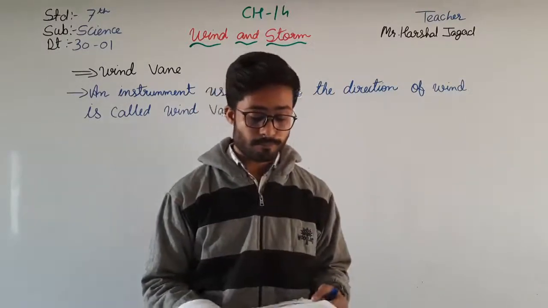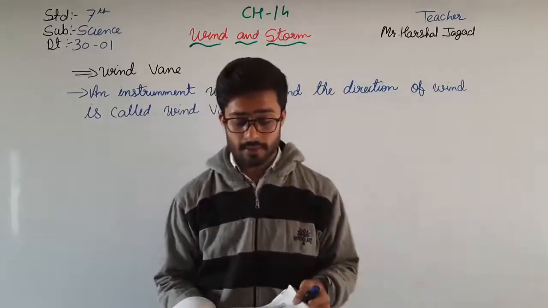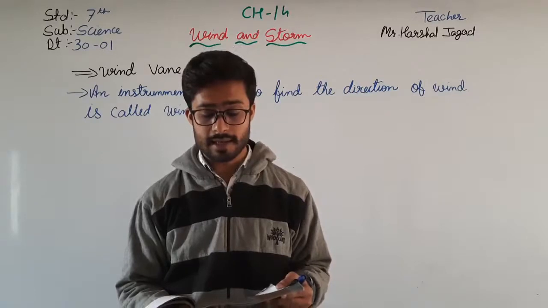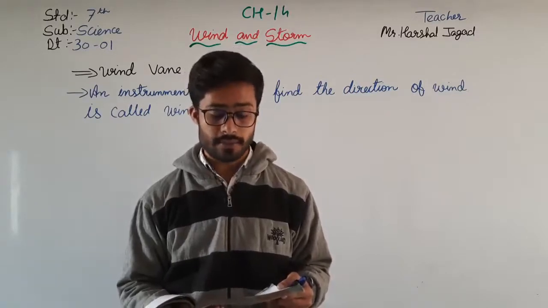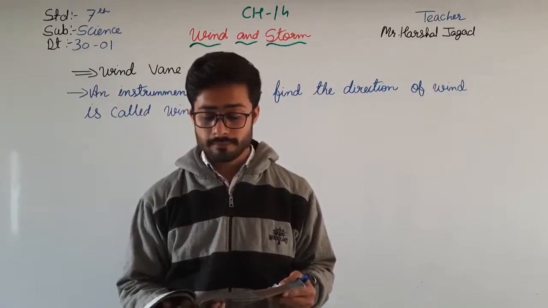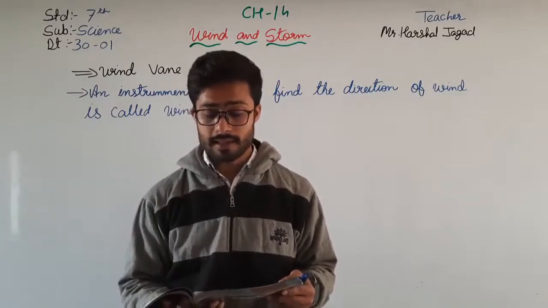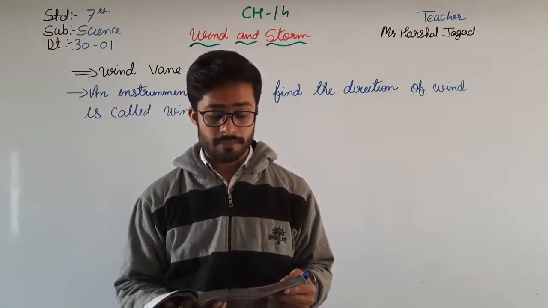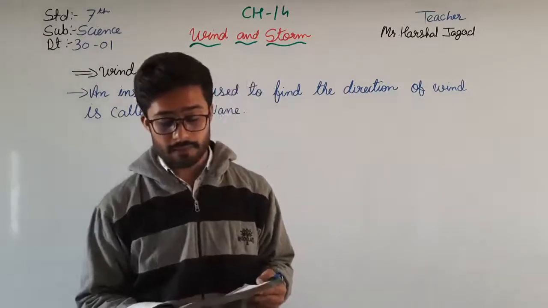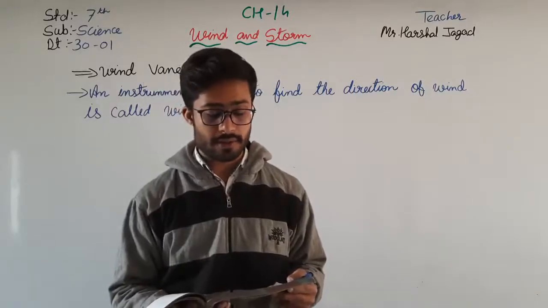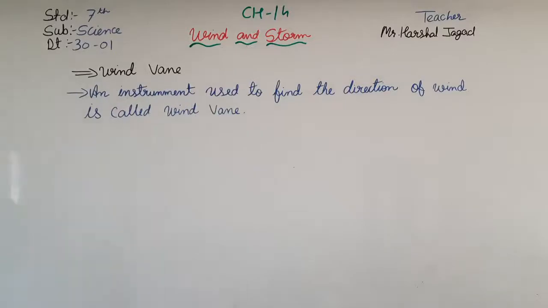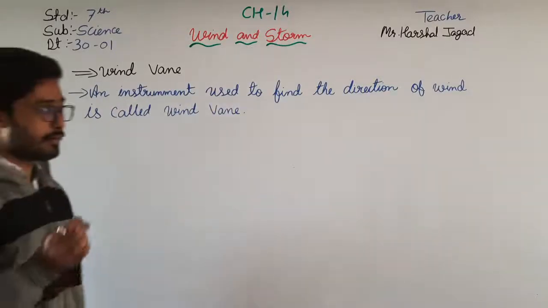What do you see? When the wind blows, the arrow turns and points more or less steadily in a certain direction. Conclusion: when the wind blows, the pressure acts on the arrow-shaped cardboard. Since the tail is bigger, it gets pushed more than the smaller tip. The pointed tip of the arrow points in the direction from which the wind is blowing. So from that we can know the direction the wind is blowing.